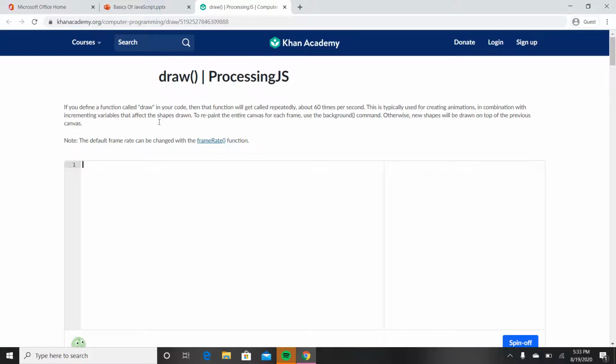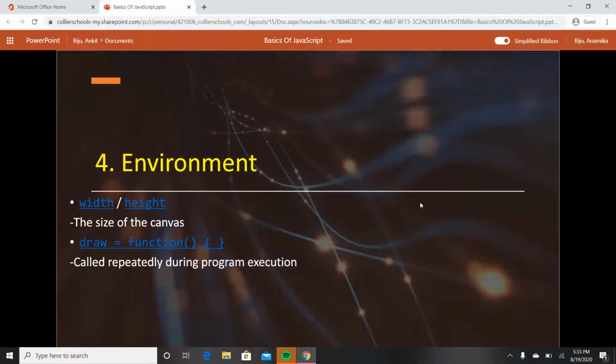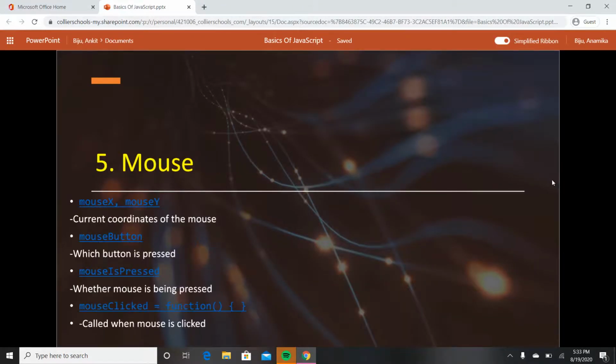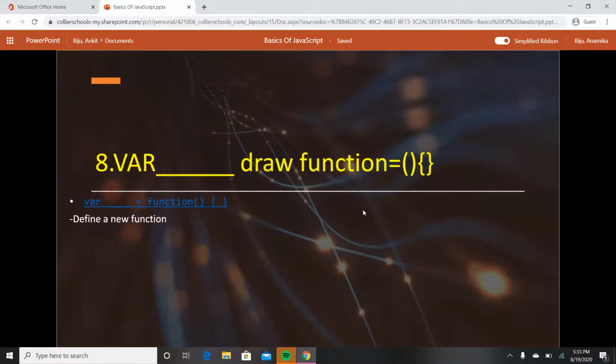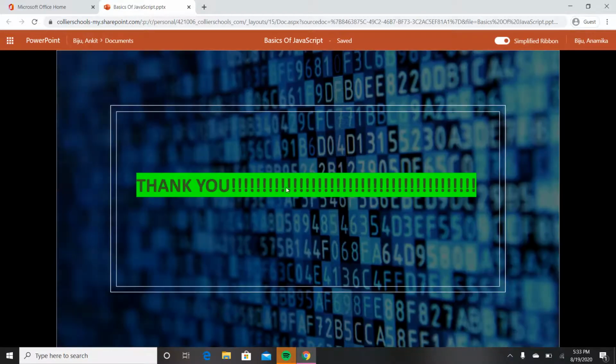But there's another cool thing that I will show you in the next basic. This basic right here, which is var equals function, but